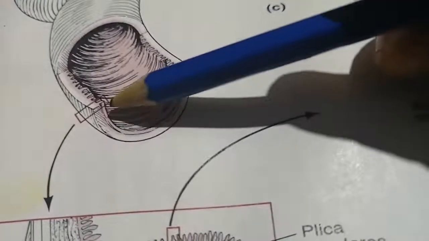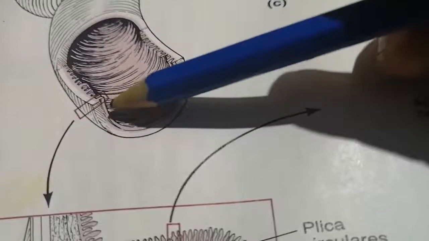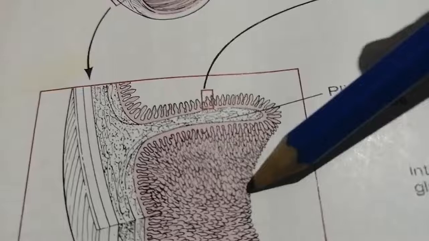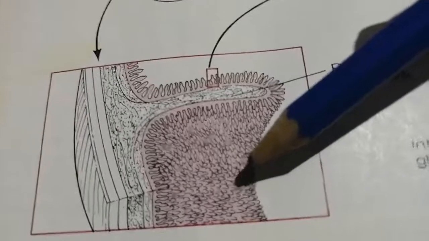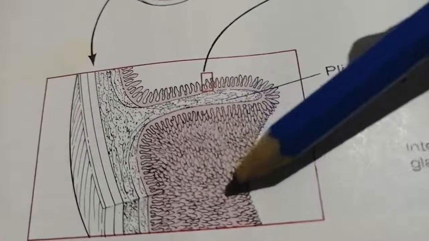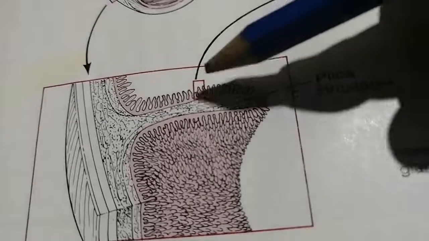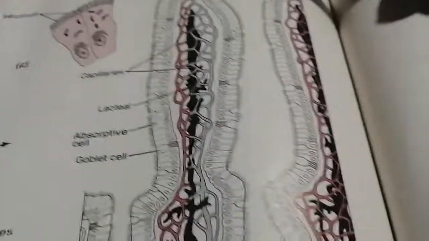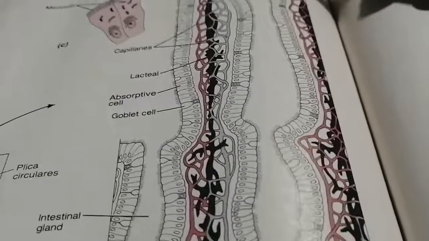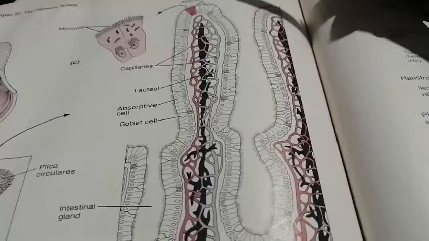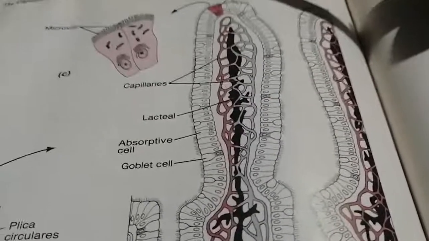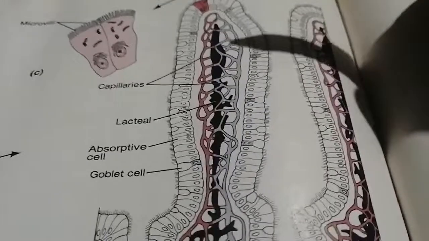Now, in the entire small intestine, you can see structures like this. See, it has been shown. Can you see? So, there are finger-like projections in the entire small intestine. And a part of it has been enlarged and shown here. Can you see here? I'm bringing it closer so that more things are visible to you.